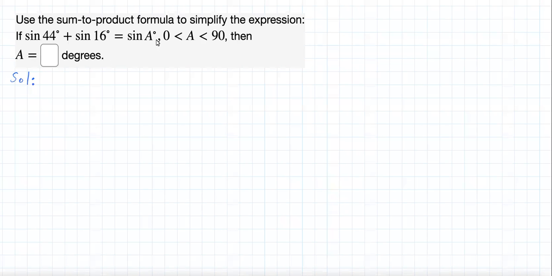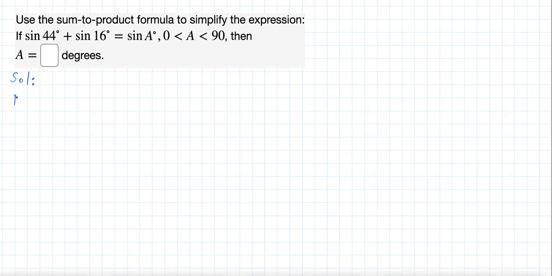Use the sum to product formula to simplify the expression. If sine of 44 degrees plus sine of 16 degrees equals sine of A degrees, and A is an angle between 0 and 90 degrees, then find the value of A. Solution. Recall